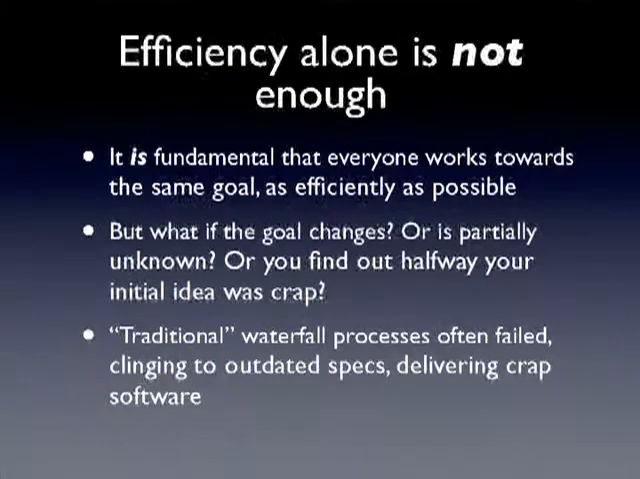But efficiency itself is not enough. It's fundamental that everybody works towards the same goal. So you have to have an overlying strategy and have everyone focused in that same direction. But what if the goal changes, or you're not quite sure about the goal, or it's only partially defined, or you find halfway through that the idea that you have is not very good? Well, with traditional waterfall processes, you often fail because you are delivering projects that are down the line. And sometimes you find out that what a customer thought they really needed, in the end they don't actually use. So you've developed this piece of software or this application that has functionality in it that's not really relevant to the